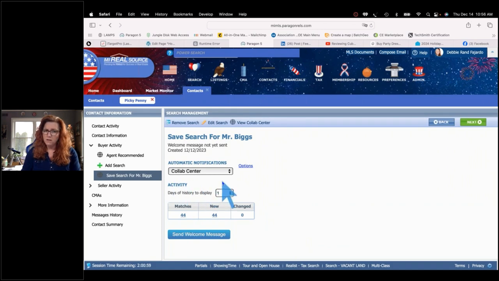So they are still going to be on the Collab Center, and I'm going to keep it as immediate notifications for my client, because it's only once I approve them, then they will go out at that particular moment. So I don't even want to mess with that. And you're supposed to save, once you send the welcome message,